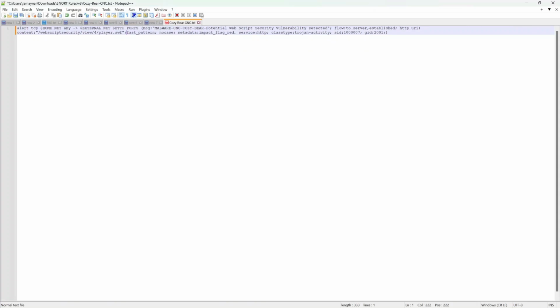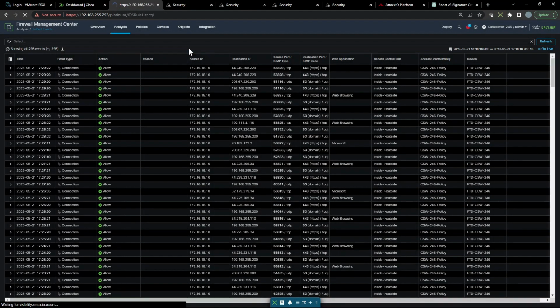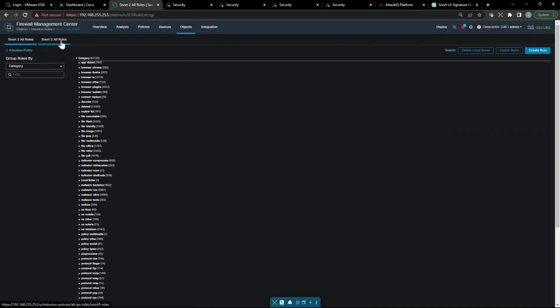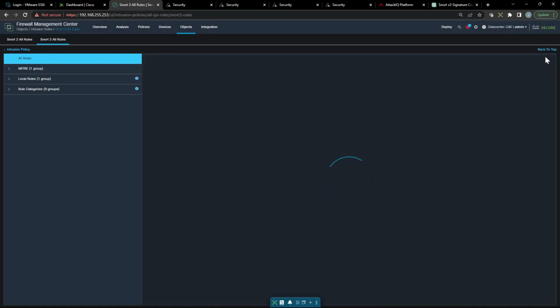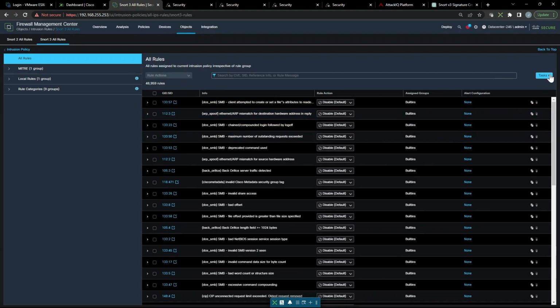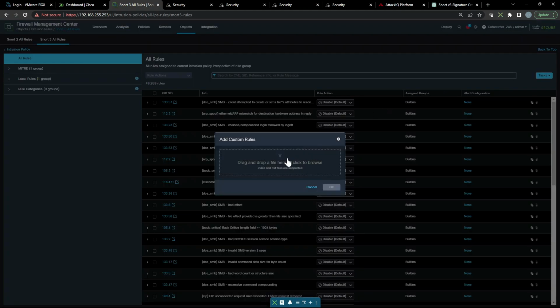And the other thing is that we need a comma here between the content and fast pattern. That was not there, and fast pattern in this case needs to be comma, not semicolon. I made the adjustments, saved the file out. Let's go ahead and import it and see what happens. But you can see how powerful we can augment our own capabilities with things like ChatGPT. Pretty cool. All right, let's go ahead and import this